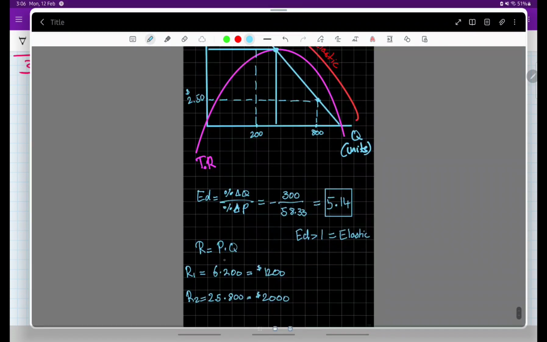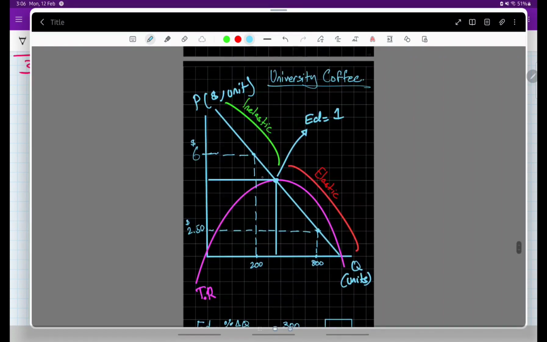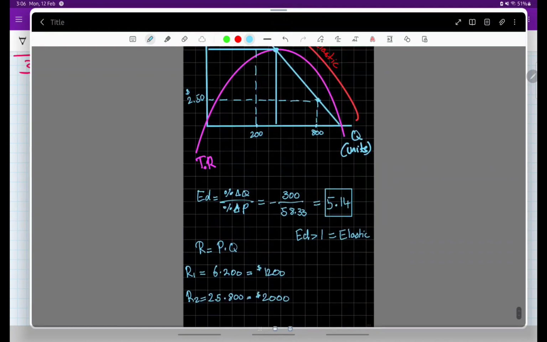But anyway, let's look at the revenue of what this coffee shop will get, respective of prices. So they were having an inelastic price and quantity for their revenue one. Just you have $6 times 200, you get $1,200 of revenue. And then after 2:30, they drop every coffee to $2.50, and they have 800 patrons come through. They are increasing their revenue up to $2,000. So that is an $800 increase in revenue. Percentage wise,